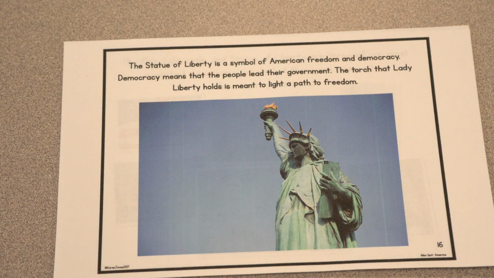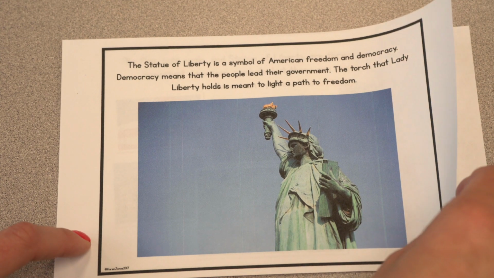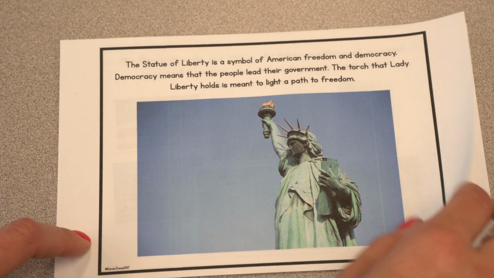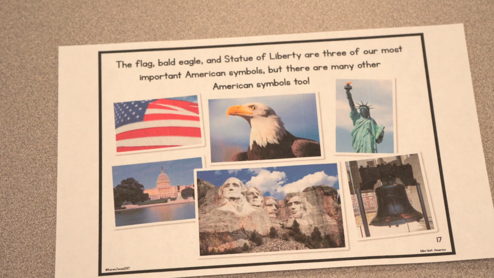Democracy means that the people lead their government. So when we have our elections every year, we choose our leaders, and that means we live in a democracy because we get to vote. The torch that Lady Liberty holds is meant to light a path for freedom. So there's her torch. The flag, bald eagle, and Statue of Liberty are 3 of our most important American symbols,